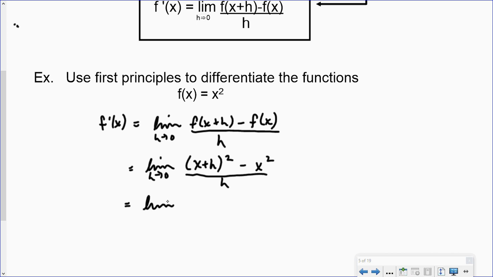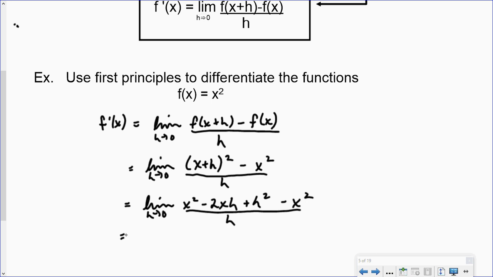Okay, so now I expand. There are no numbers here. I'm going to let x just be. I'm not going to replace x with a number, like we did in the last chapter when we evaluated limits. I'm going to work in two variables: work on the function, and then work on this delta h. So expand x plus h. That's x squared plus 2xh plus h squared, and then I have a minus x squared